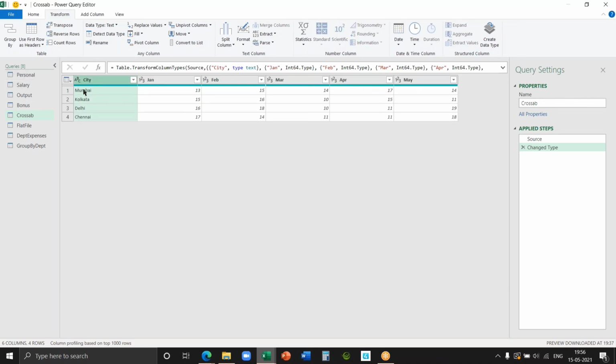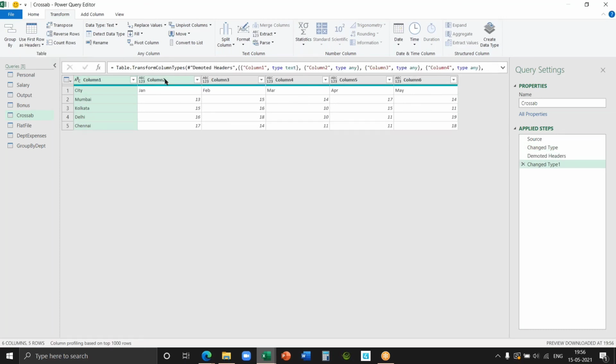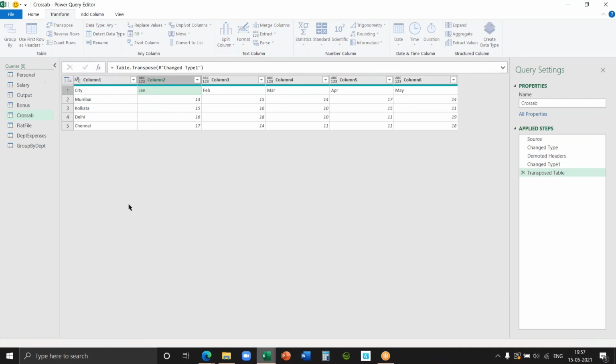So I have a wonderful feature called, either way, use first row as headers or use headers as first row. Now look at this. The heading Jan, Feb, March has become a data row. And now I can use transpose. According to the rule, whatever is the first row of data will be created as the first column, not the headers.